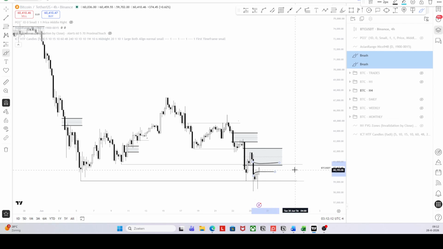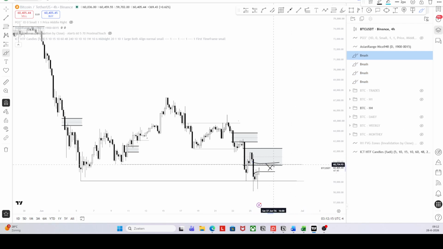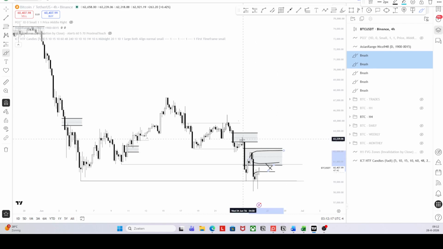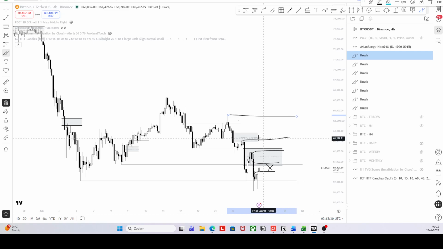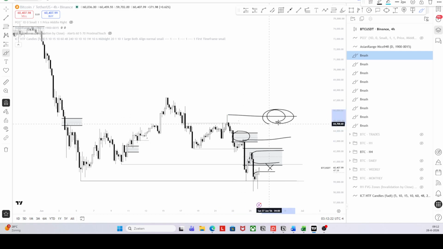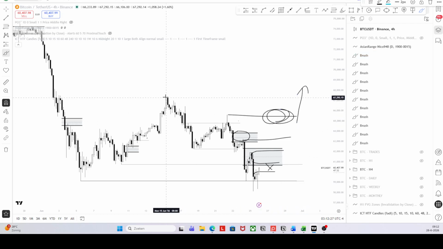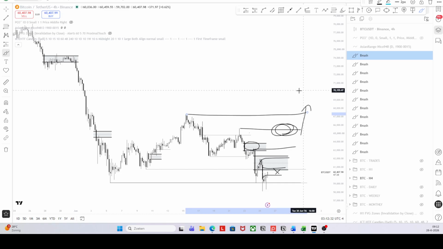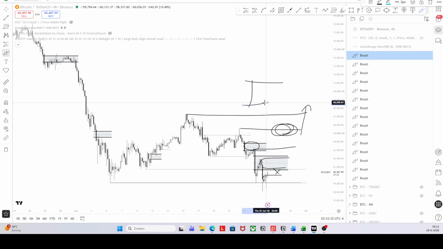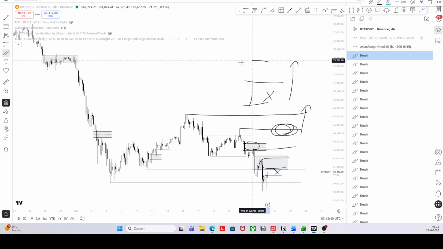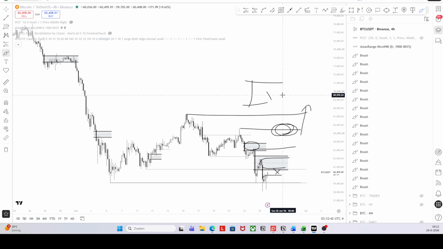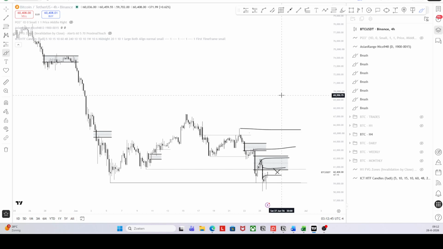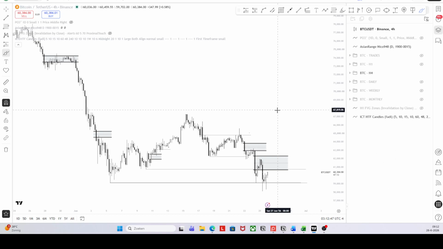So at this moment this imbalance is the first invalidation point, then comes this and this, and from here on, this level, I could say maybe we're going to tap this most probably, and then after this here, this is the structure of price that we want to observe